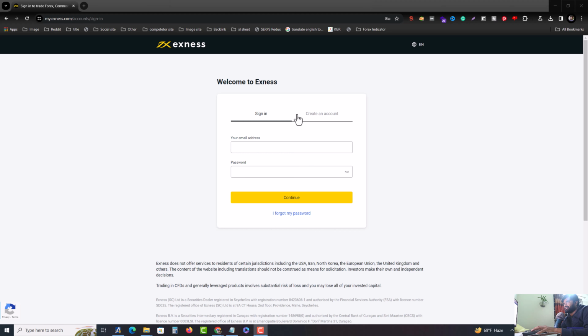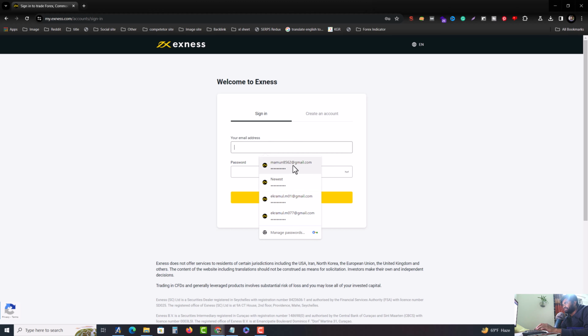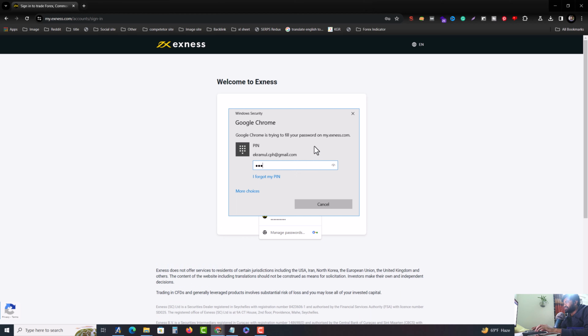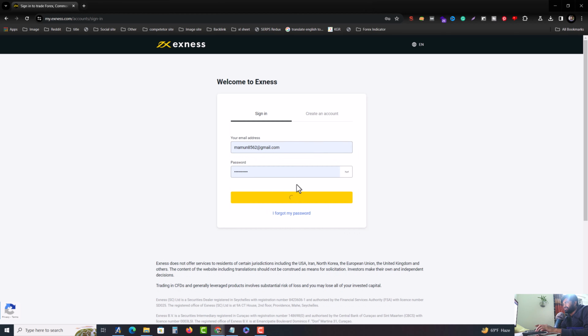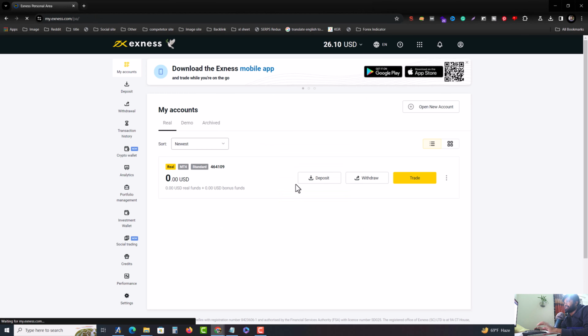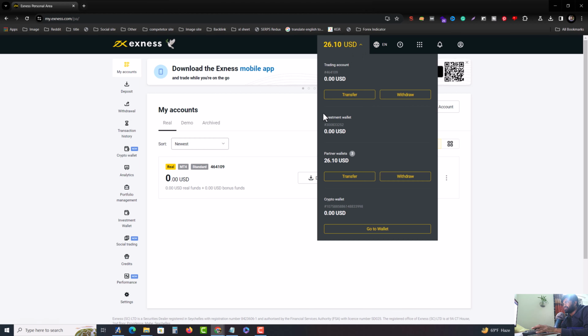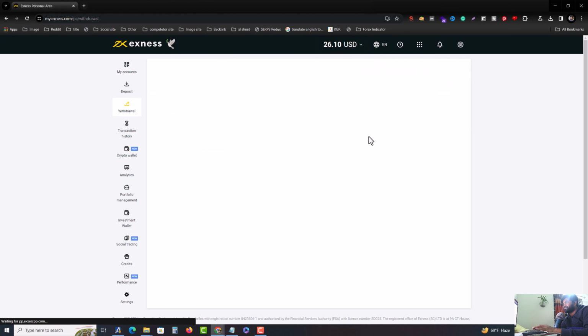So in this quick tutorial I'll show you how you can easily withdraw money with your TRC20 in your Exness. So first of all, you have to log in to your Exness account, and you can see the deposit and withdraw option. So you have to press on withdraw. I am going to withdraw from here,